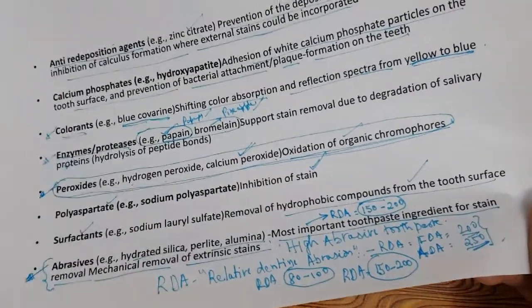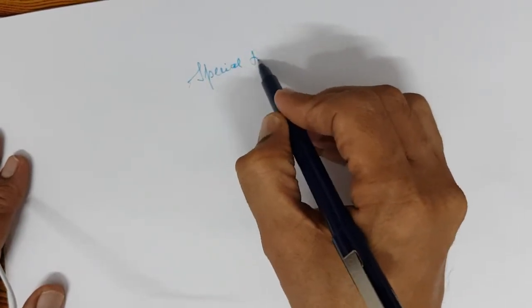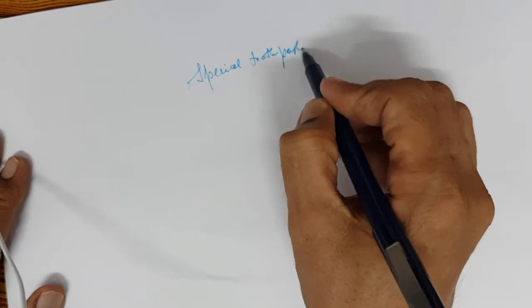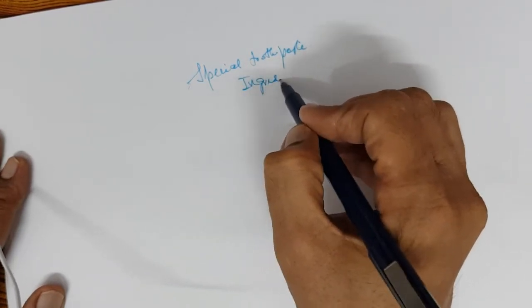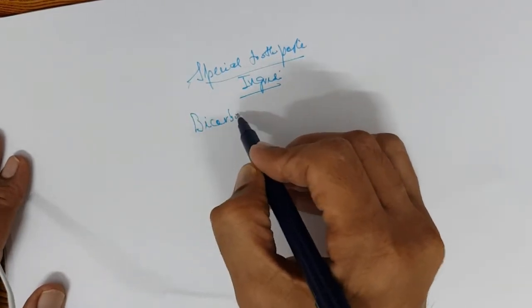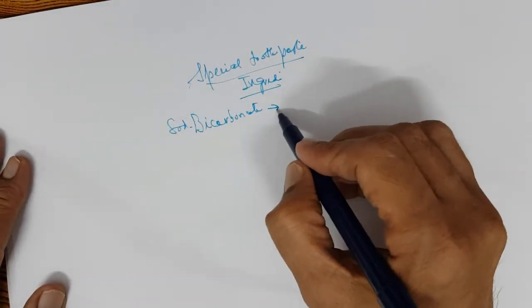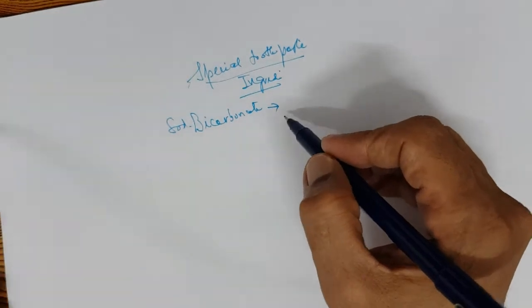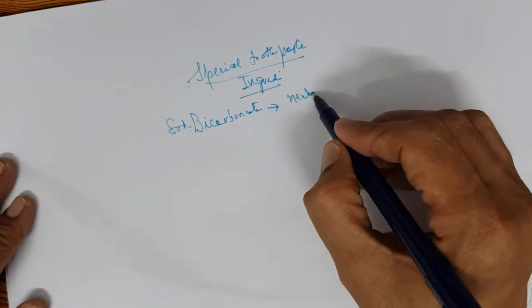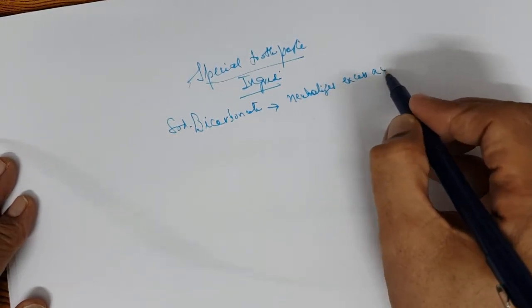So now I would like to discuss with you two special toothpastes. Okay, special toothpaste ingredients. That is sodium bicarbonate. So the sodium bicarbonate toothpaste, what happens? It neutralizes excess acid